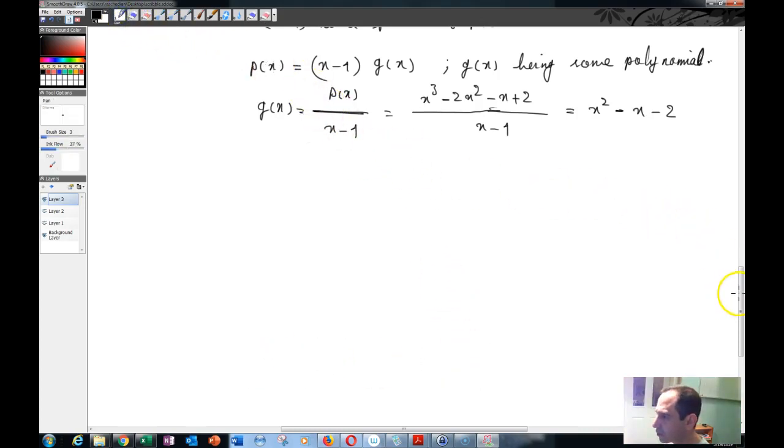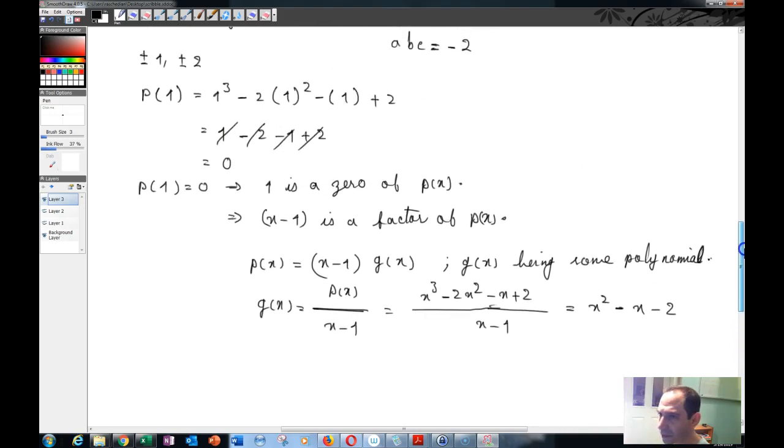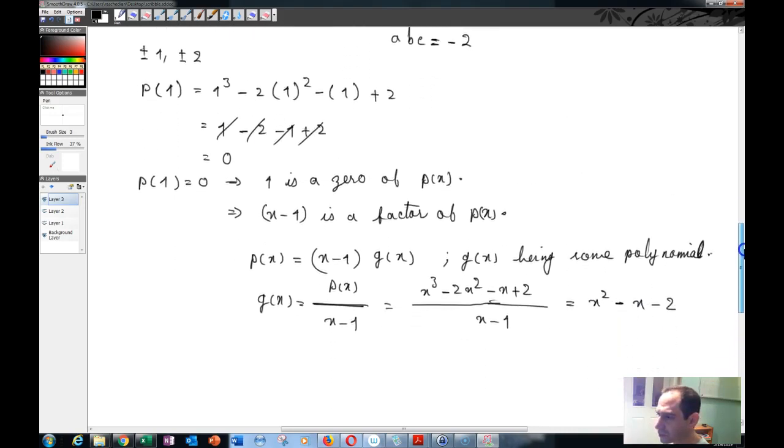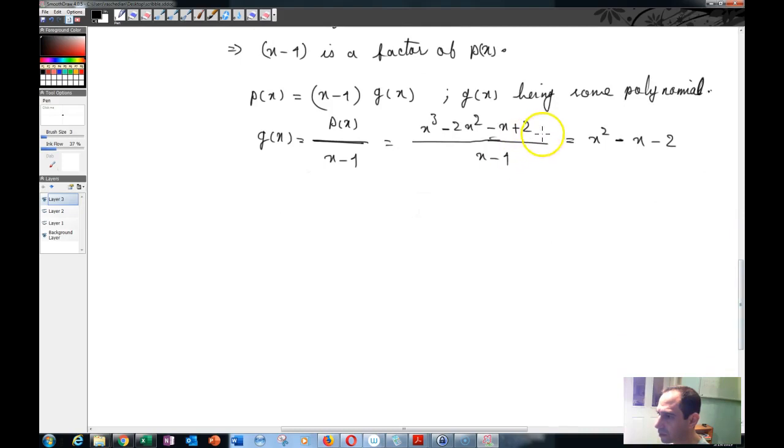So what this now means is that basically this was p of x. So now I can write p of x as a product of this polynomial and this polynomial: x squared minus x minus 2 times x minus 1. Now you can basically factorize this